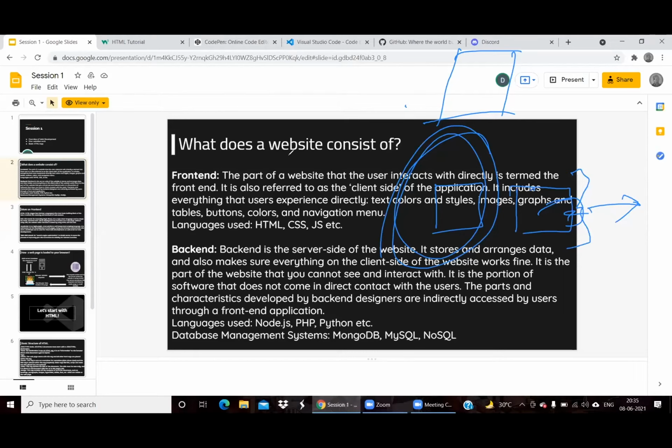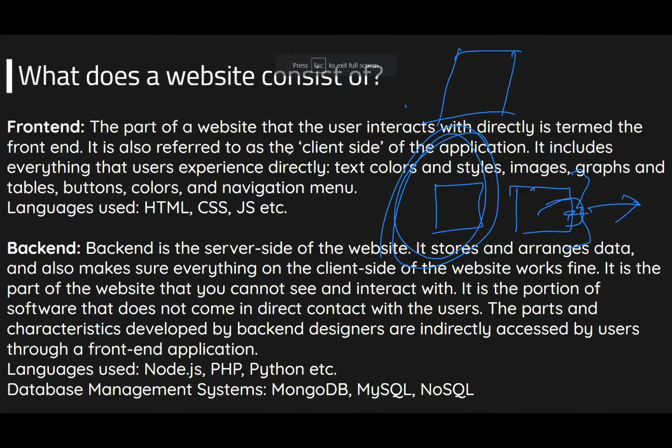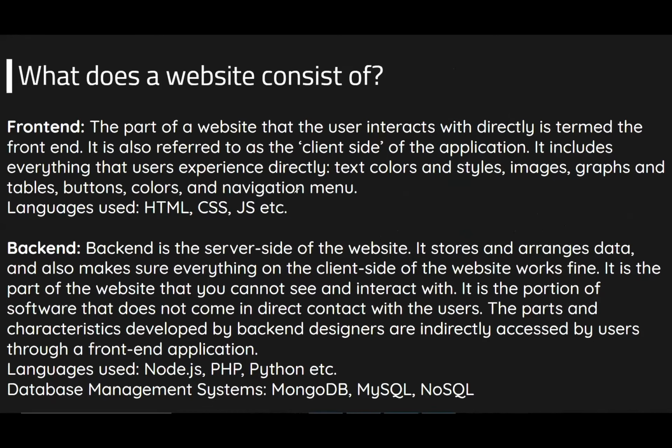When you talk about the front end, we have three primary languages which we use on a common basis. These are HTML, CSS, and JavaScript. I'll be going over them in the later part. Basically, we'll be posting these slides later on, so just go through the slides, and if you have any questions, ask us.